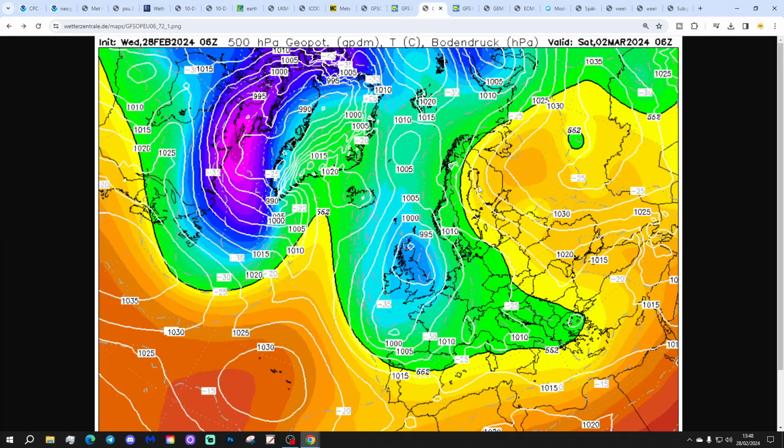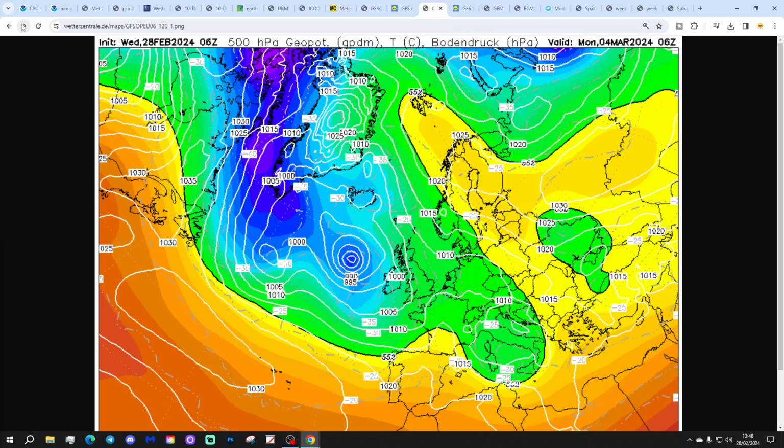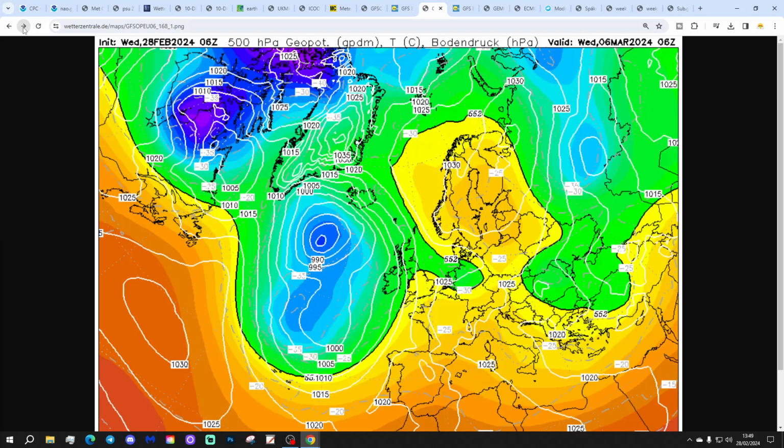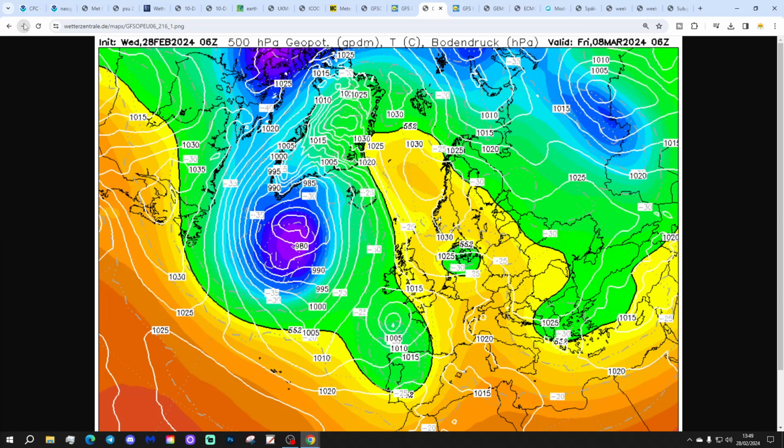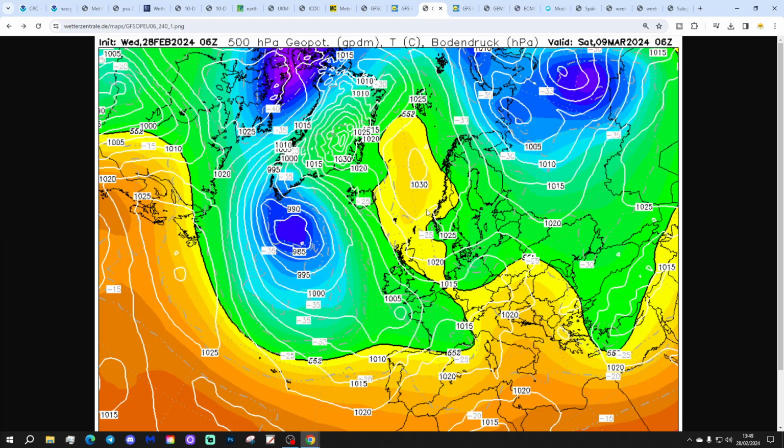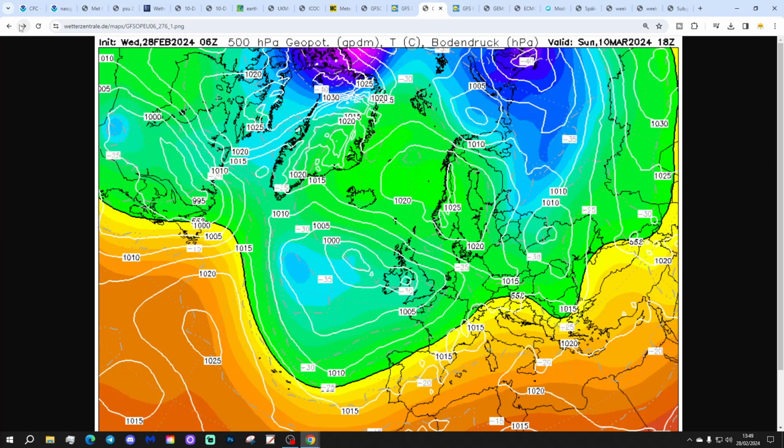Right, so the GFS 6 then, again with that trough of low pressure through the country on Saturday, bringing plenty of rain and some wintry conditions with it. And then on into next week, this is when battle commences. High pressure over Scandinavia, low pressure out in the Atlantic, a little bit of the irresistible force meeting the immovable object. Perhaps a bit stronger with the high pressure over Scandinavia on this GFS run, so the low pressures are further to our south and west, so maybe not quite as wet a pattern with the GFS 6 there. By day 10, it looks like that high pressure over Scandinavia is taking over and pulling in a not particularly cold easterly.